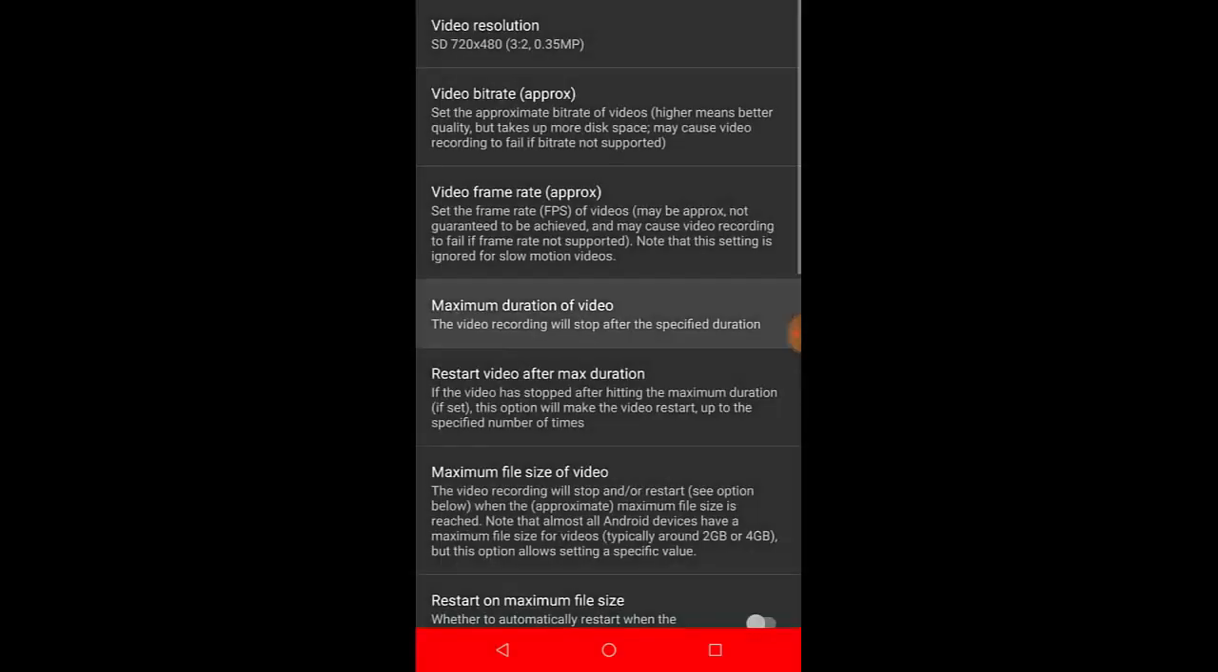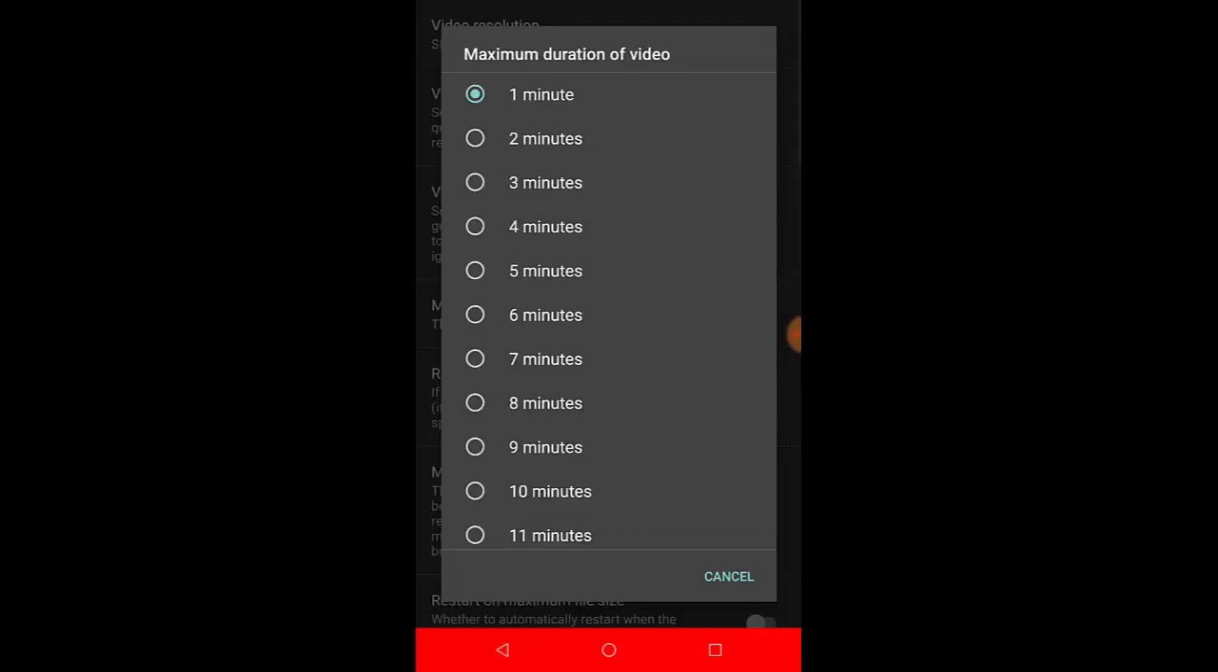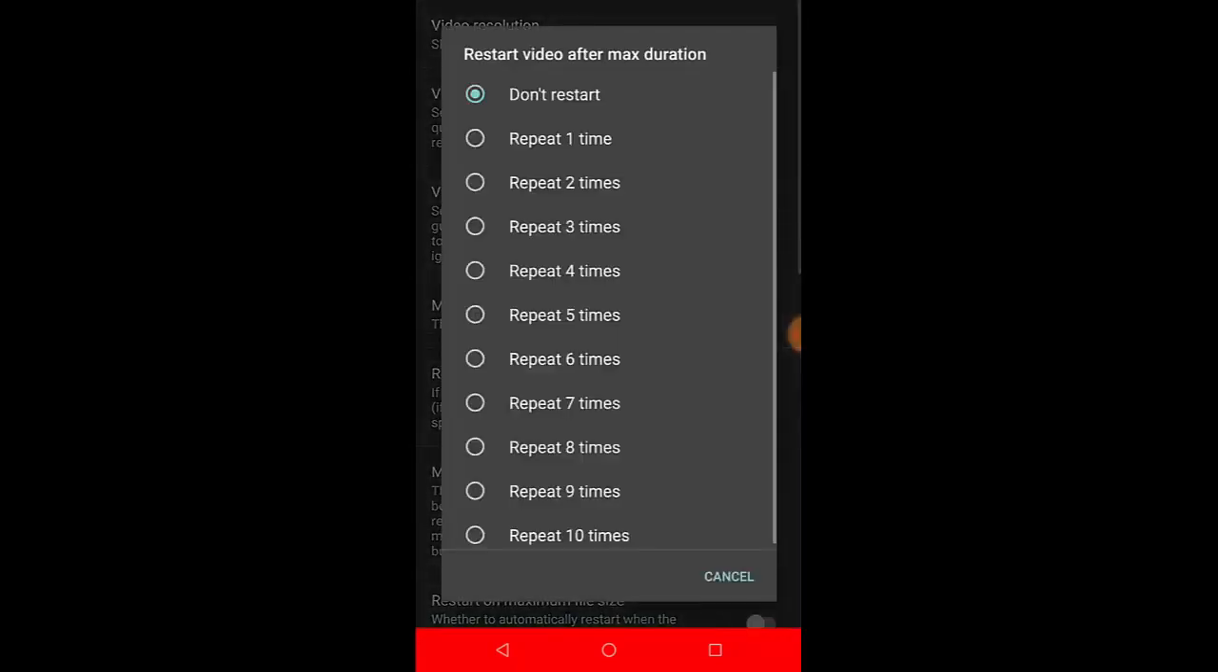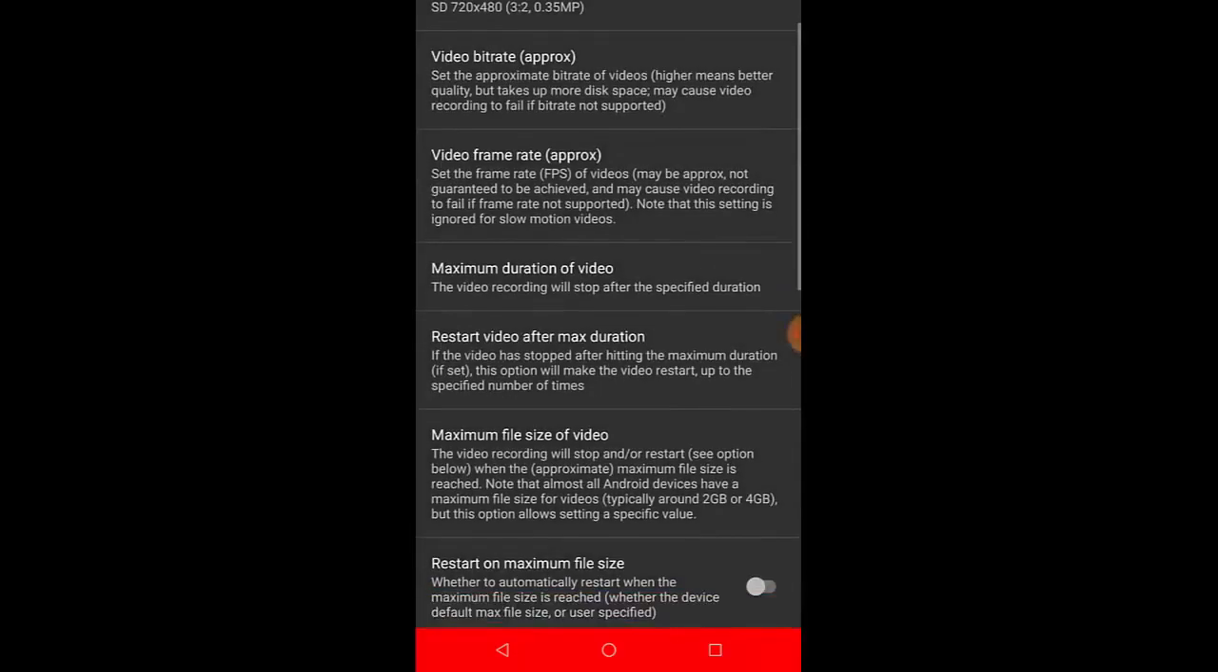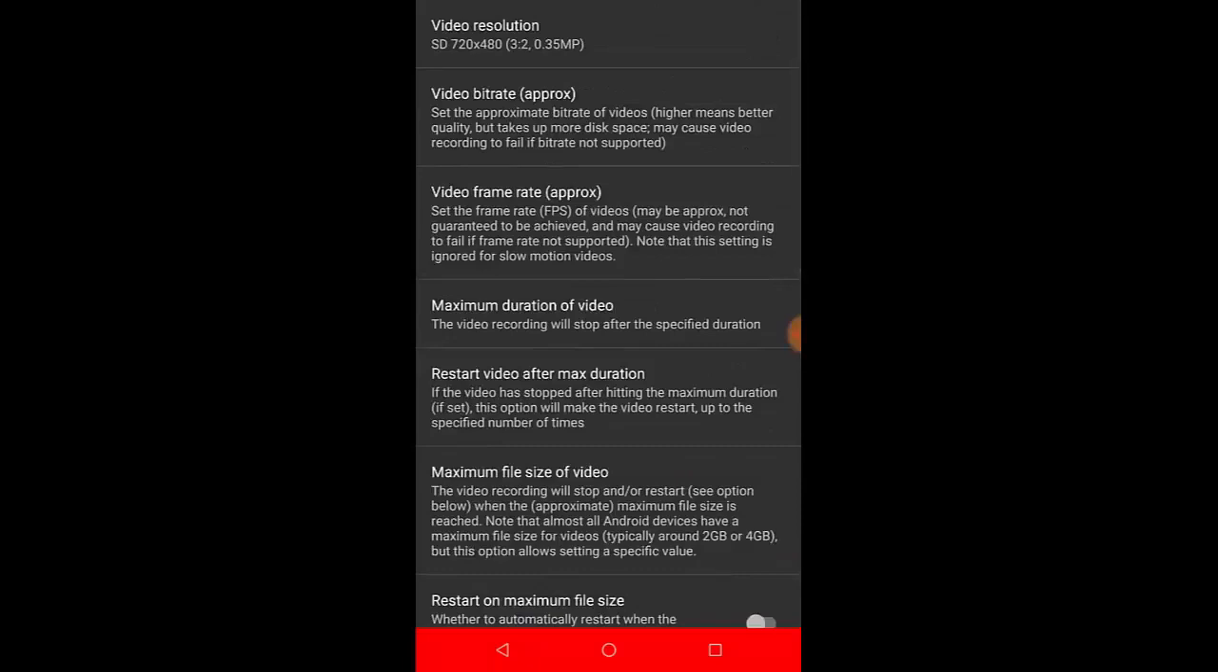Maximum duration of video. And this I set to 1 minute. I want the videos to be short and concise, not have run-on presentations. And restart video after max duration, I set this to don't restart. And the rest of the options I believe I left alone. So by changing these options at the top, we can create relatively short, relatively small files that we can easily